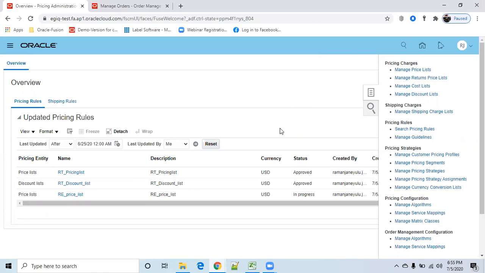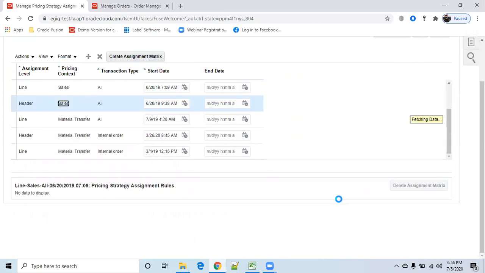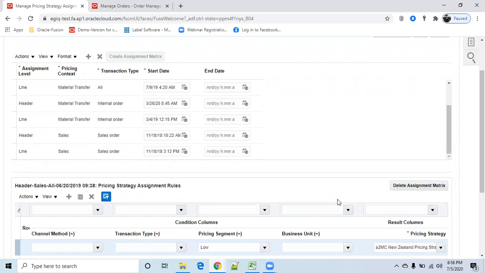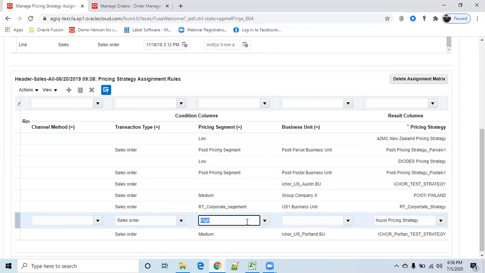strategy assignments, header. So this one it is picking. Why it is picking this?